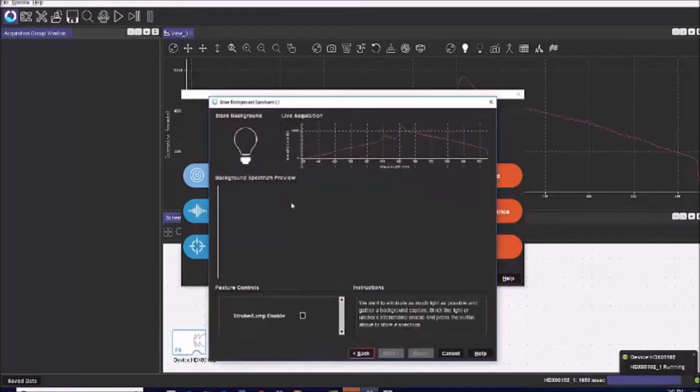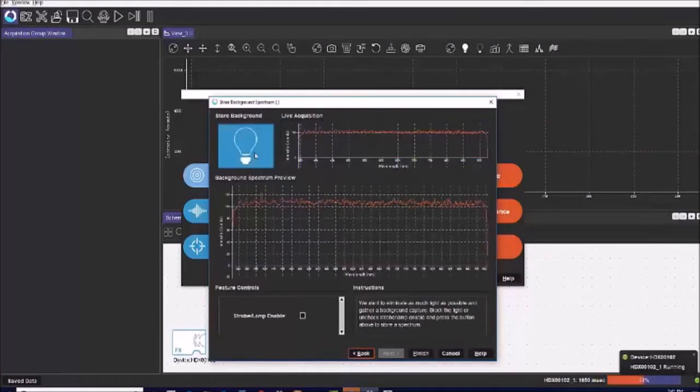Now we're going to block the light entering the spectrometer bench and store a background. And then we're going to click on Store Background Light Bulb. And we've captured a background spectrum. Now we click on Finish,